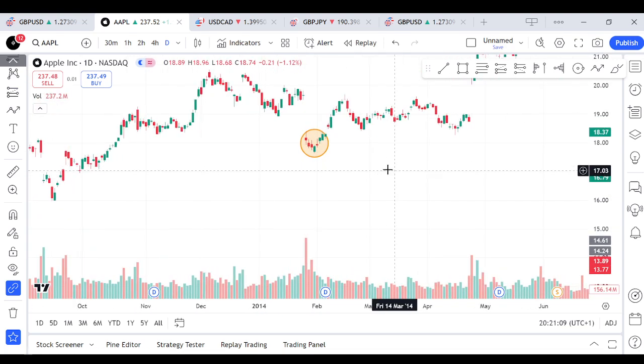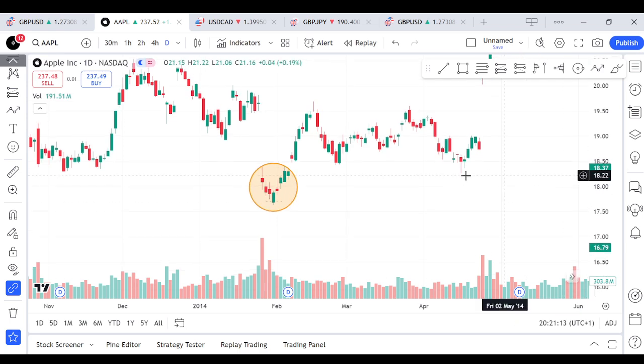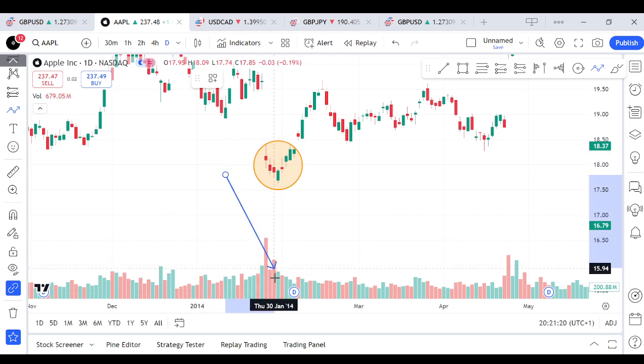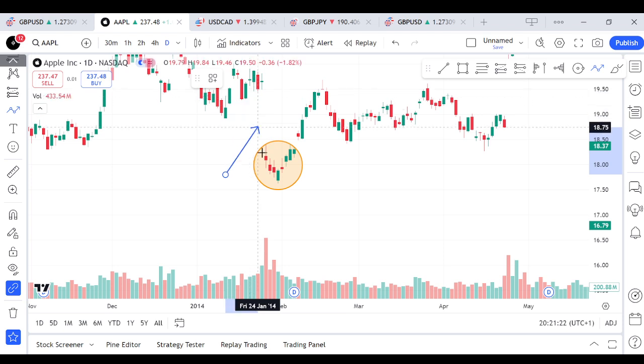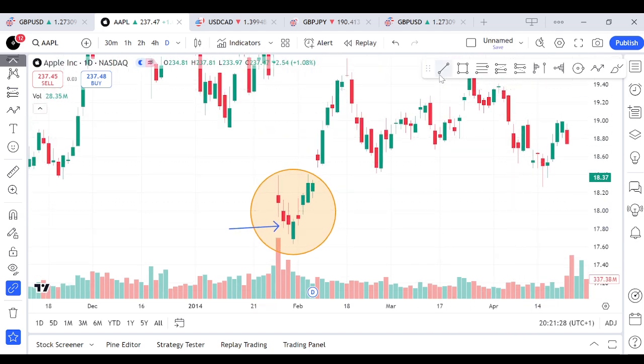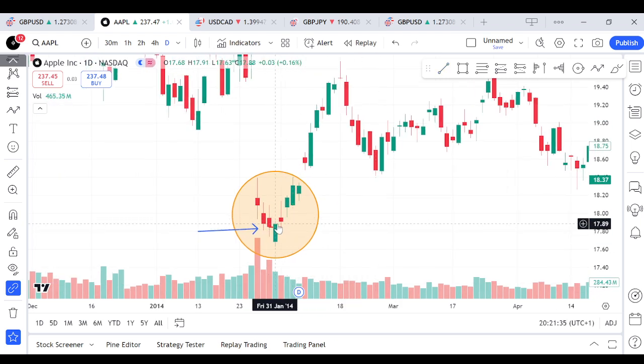So let's see another perfect example right here. This is another one. You see this selling pressure, you see the gap even, and you see the volume. There's enough selling pressure in these bearish candles. Then we have the bullish candle close very close to the previous candle's close right here, and the next candle closes above the